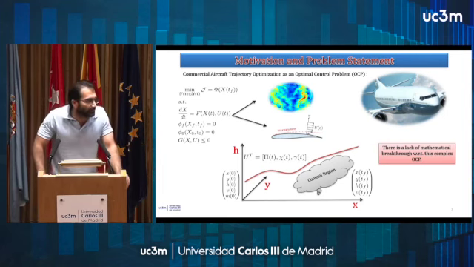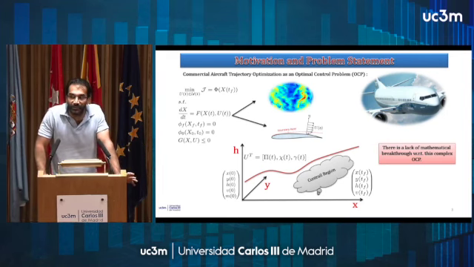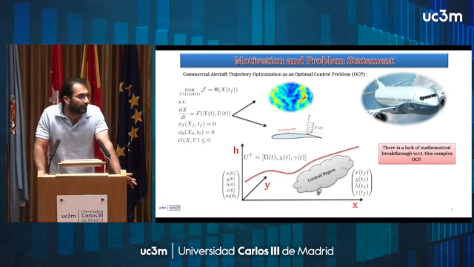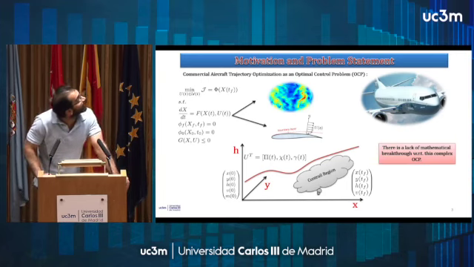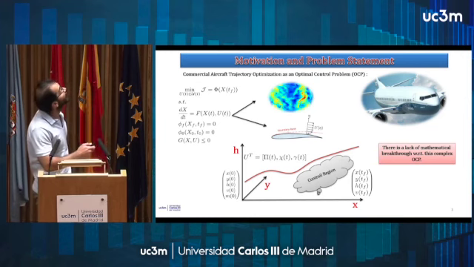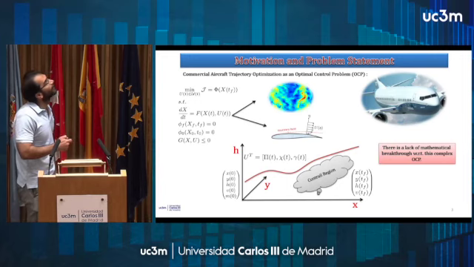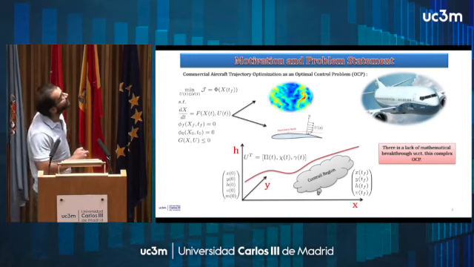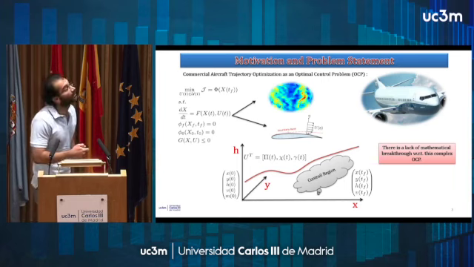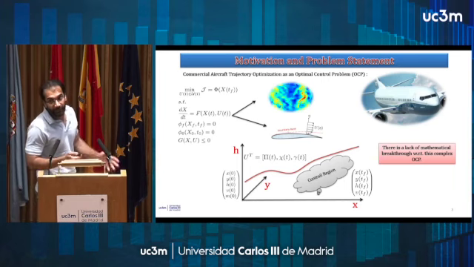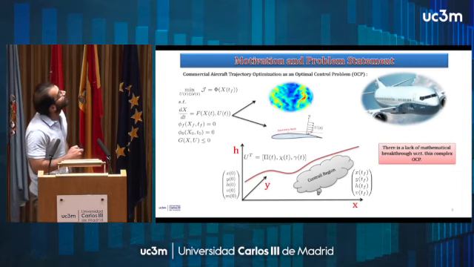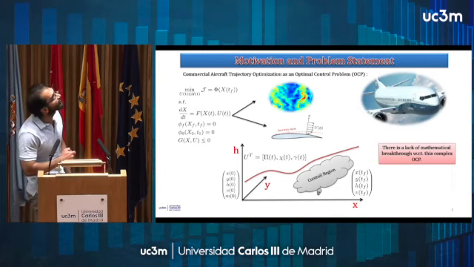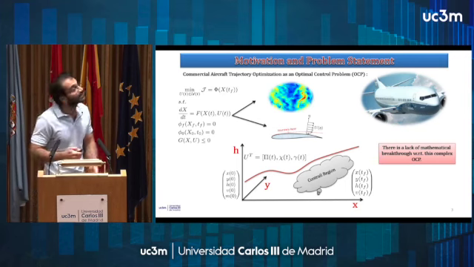I'm going to explain how commercial aircraft trajectory optimization can be put into a formal and standard optimal control problem. Here we have an objective function, and this objective function can be a combination of arrival time, fuel burn, and contrail avoidance region, subject to some constraints, dynamic constraints. Here we have a dynamical equation, and all the variables here are in vector space.